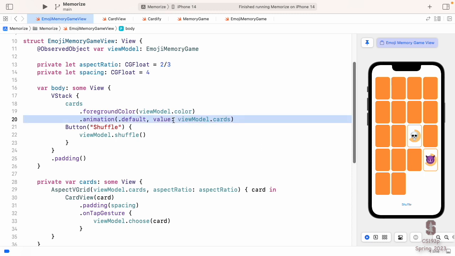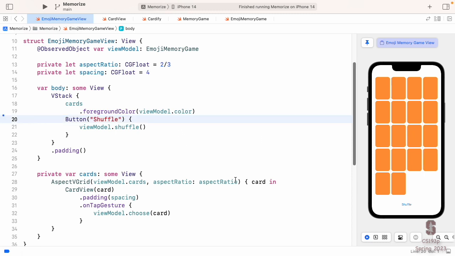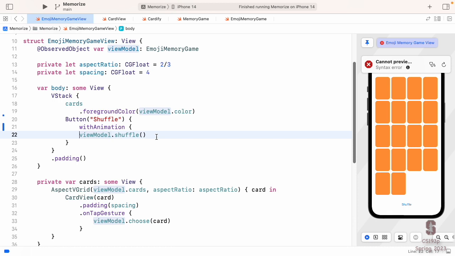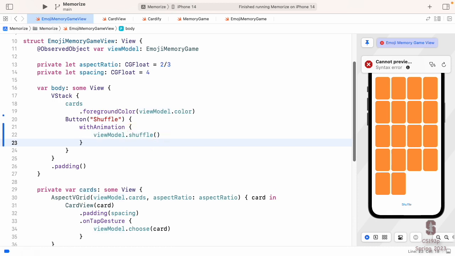But we would never do shuffling like that, because shuffling is in response to user intent, right? To view model intent. So we would actually do it right below it here. We would say with animation, shuffle the cards, please, which also reads better code-wise, because that's really what we want. Please, with animation, shuffle. And now, if we go back here, got a couple cards and shuffle, it's back to fully shuffling every time I click shuffle, because that's an intent by the user, and I'm animating that intent.